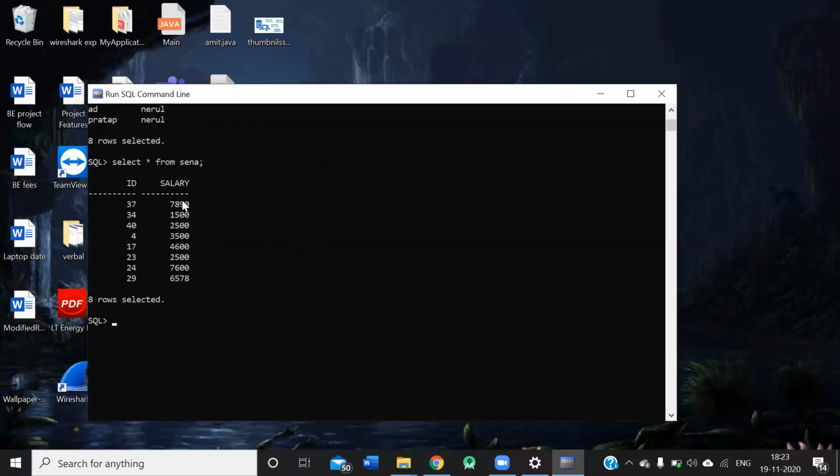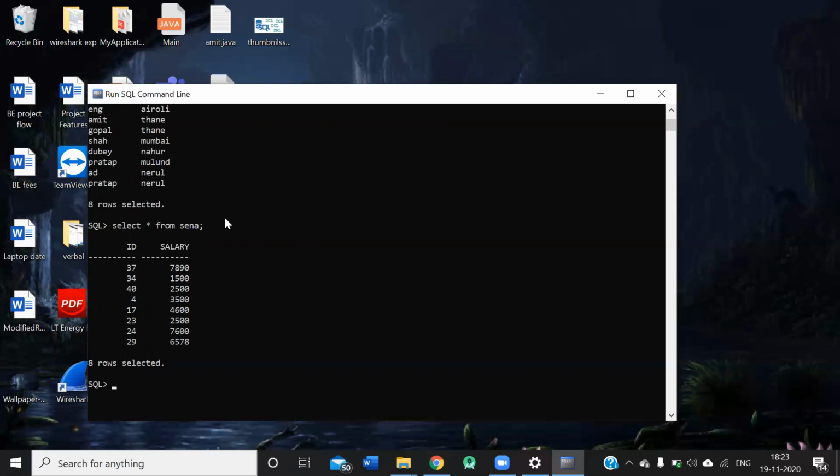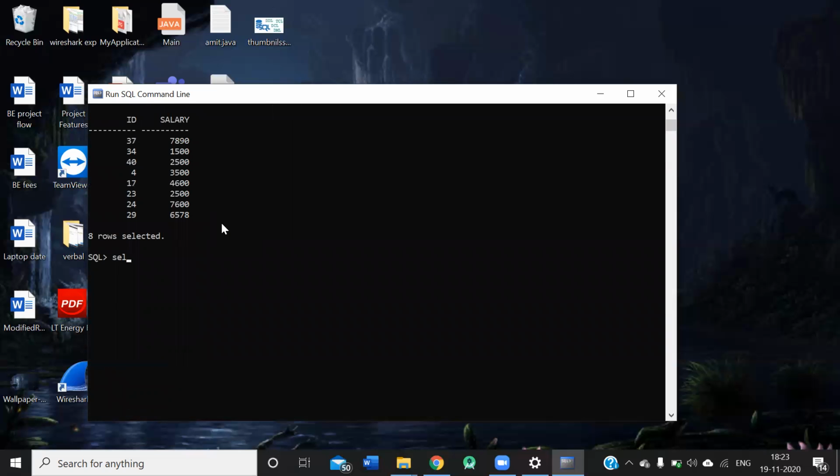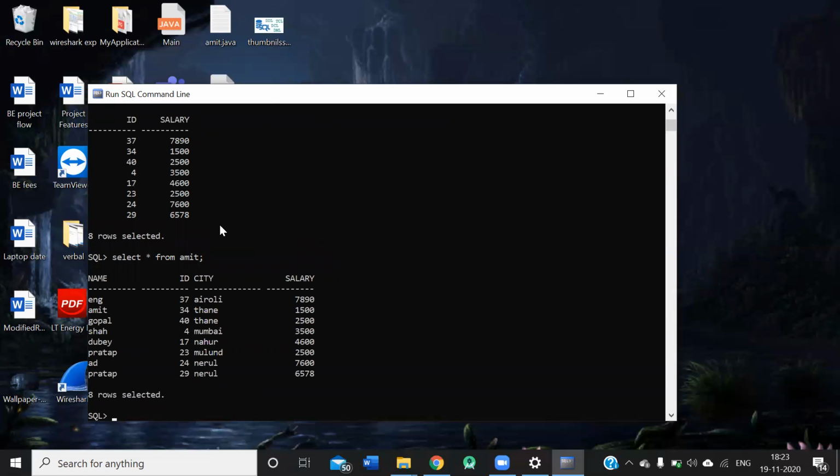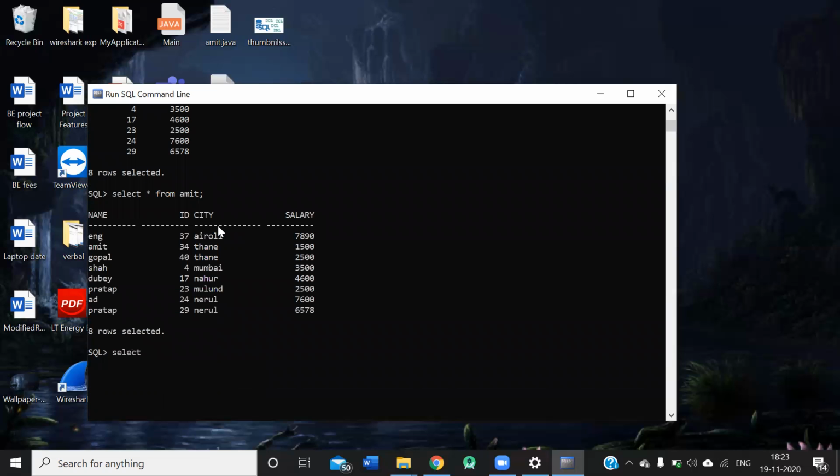Let's come back to group by. The condition for group by is that, since the name includes group, the table should contain multiple values, because multiple values can be combined together to form a group, and this is the main concept of it. For example, my actual table consists of select star from Amit. If I say select count